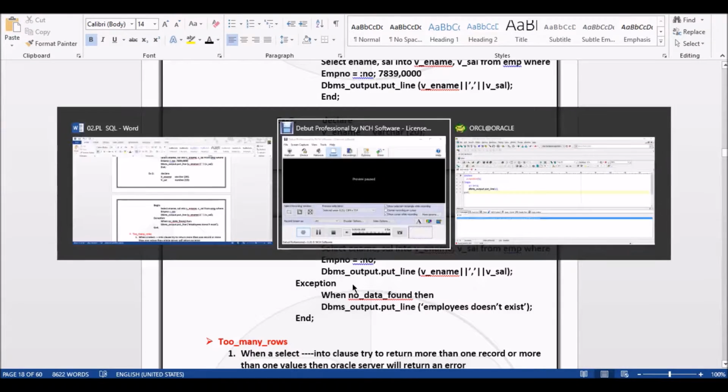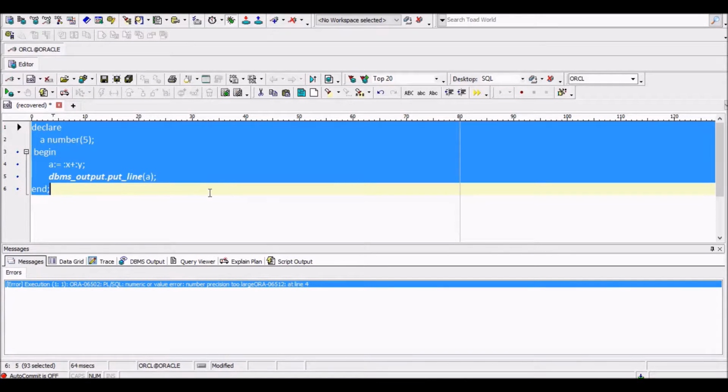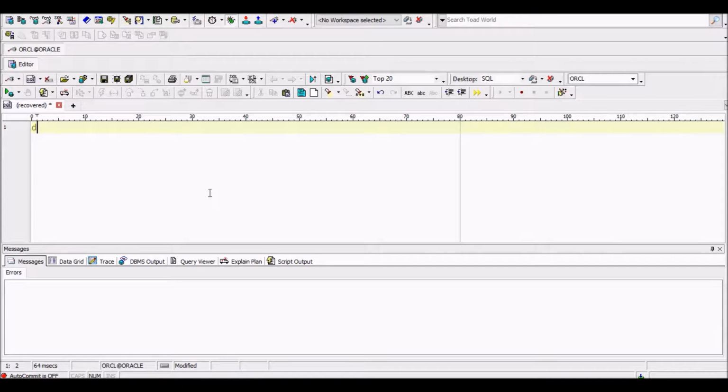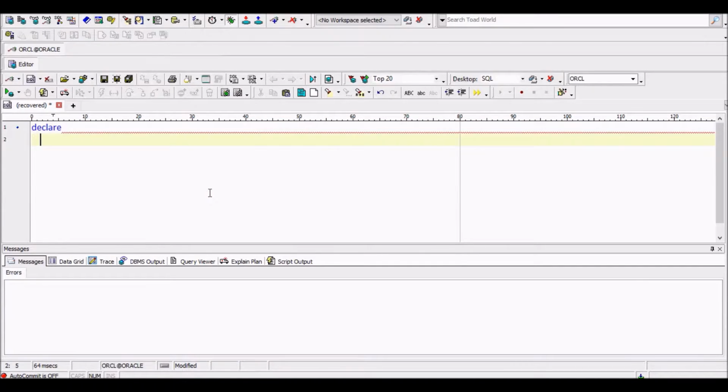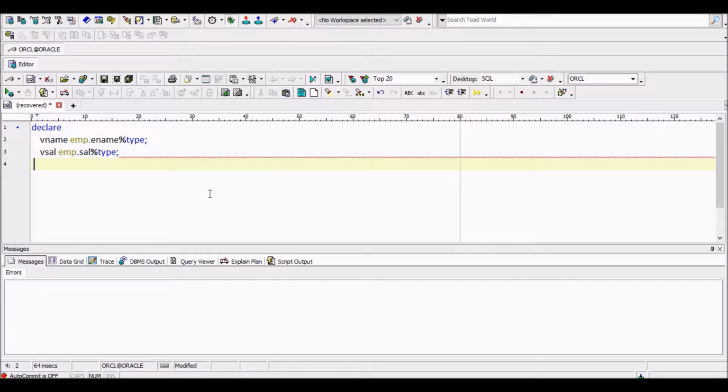Let us see it in the code. Declare vname emp.ename%type, vsal emp.sal%type, and begin.